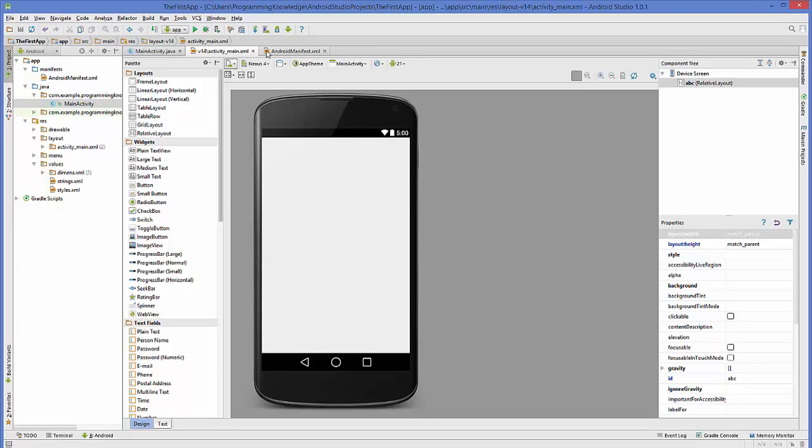So right now I have this blank project, or you can say hello world project. And if you don't know how to create this project, you can just go to the initial videos of this series and see how I have created this blank project. This project right now has only one activity, which is our main activity, right? Now to add a new activity to your